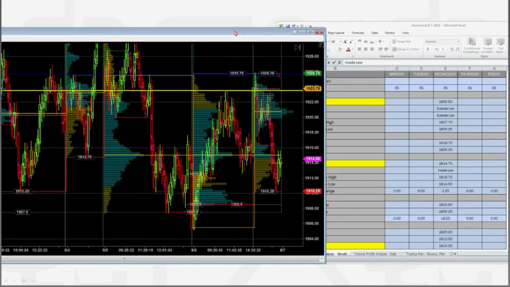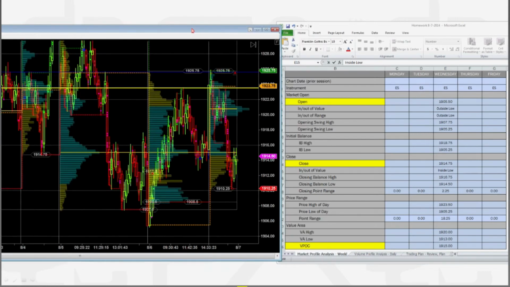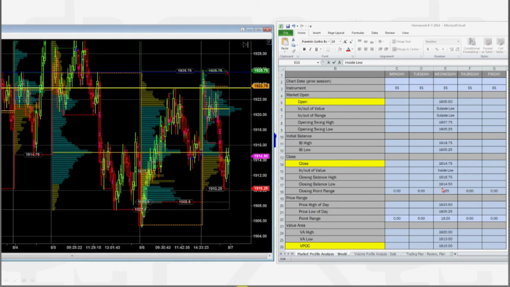All right. So let's keep moving here. I keep adding to this chart. And again, an 18.25 point day is a pretty big day on the ES. It's above average. A 13.5 point IB is way above average. The average IB is around 7 to 8 points, and that's if you look over the last 10 years, you're going to see about 7 to 8 points as an average